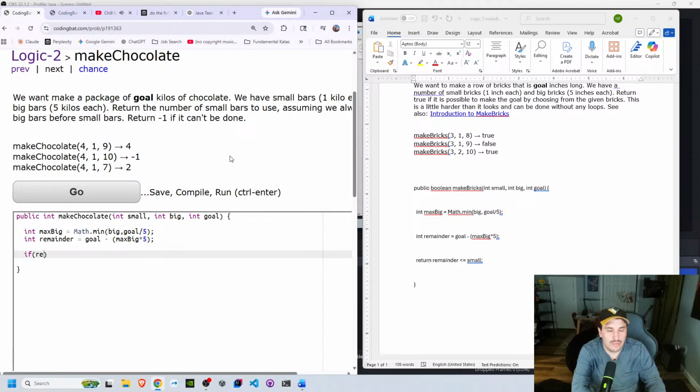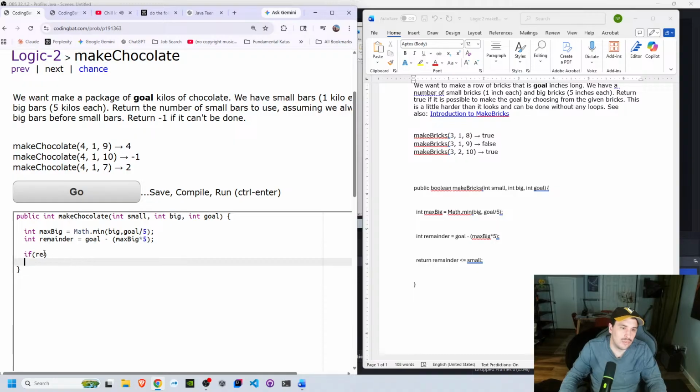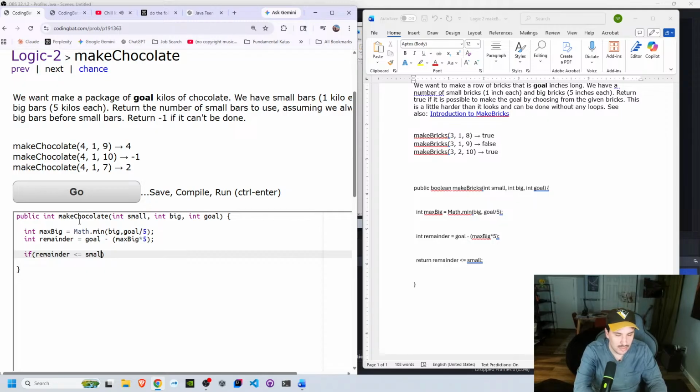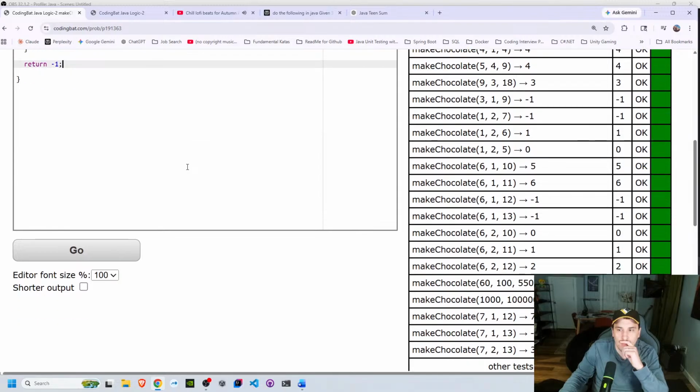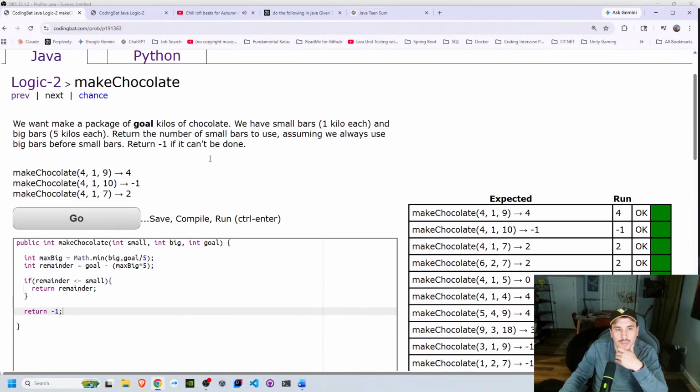If the remainder is less than or equal to small, return remainder. Return -1. Let's see if that worked. There we go. Okay, so to explain that one,